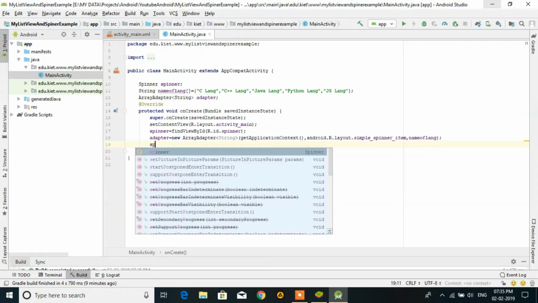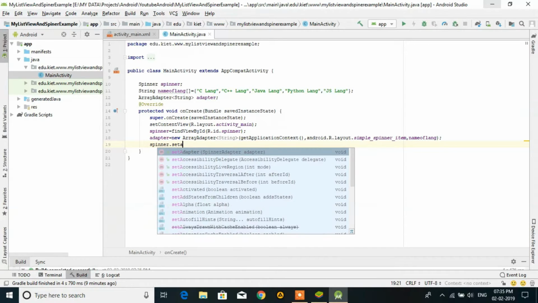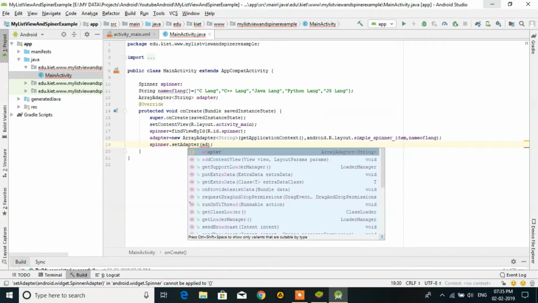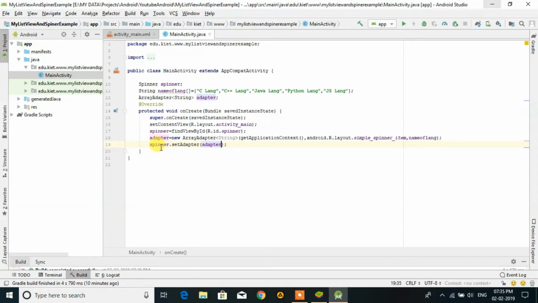Now we have spinner.setAdapter. So here we are giving the adapter. Adapter means we are passing data to the spinner in the form of an adapter. Now we can do event handling also.